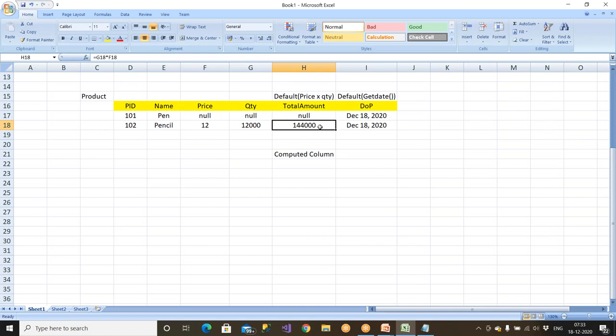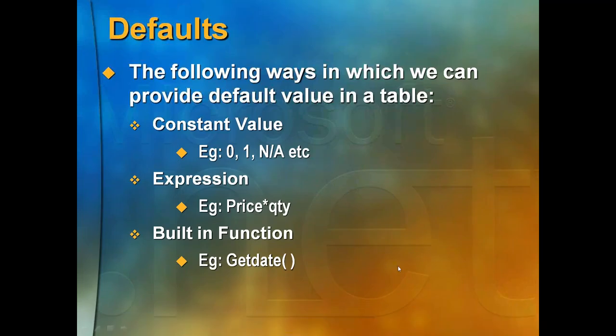Clear? If you don't have the default zeros here, the first thing is you have to eliminate the nulls first. So this row will get eliminated, then you get only this row and do the arithmetical operations on that. That is also possible. Clear? So these are the ways in which we can have the default values.